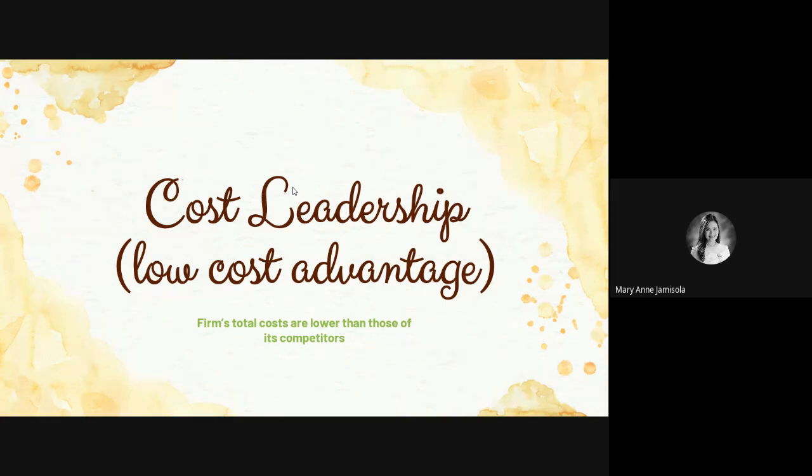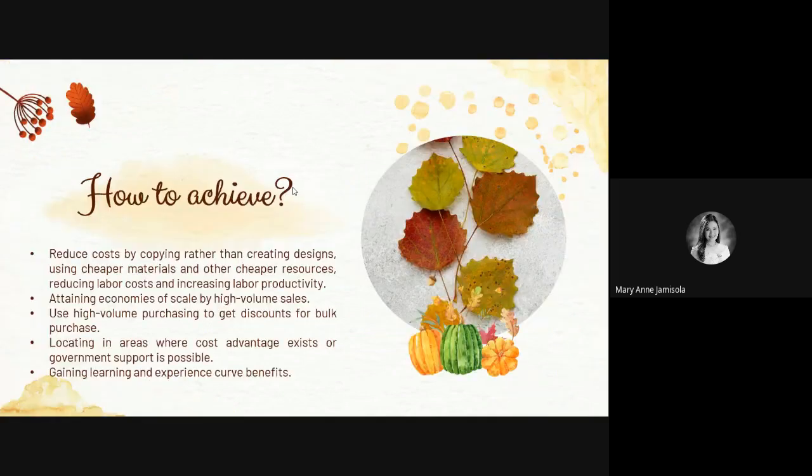So, what are the possible ways in order to achieve low cost advantage? Value chain analysis can actually identify the points at which low cost advantage can be achieved through any of the following: reduce costs by copying rather than creating designs. But this must be done in such a way as not to infringe any intellectual properties of other companies. Then by using cheaper materials and other cheaper resources, but again, make sure not to compromise quality, reducing labor costs and increasing labor productivity,